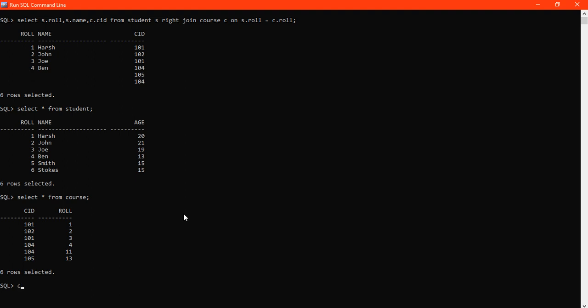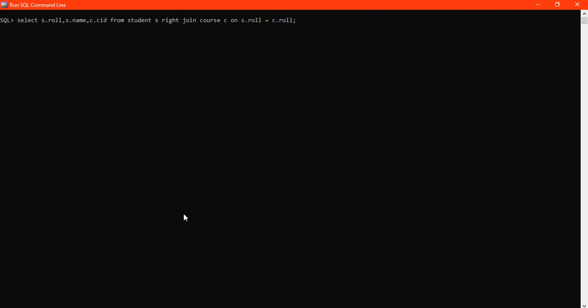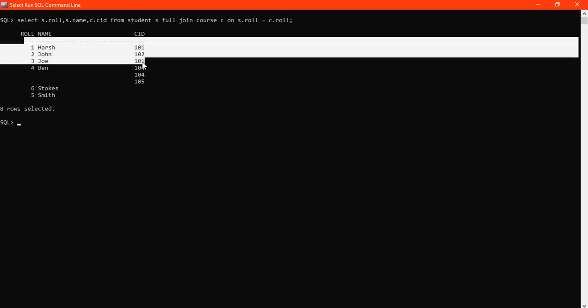And the last thing is full join. For the full join, everything you saw until now will be printed. Instead of right join, I write full join between the student table and course table. You can see that the common rows got printed.